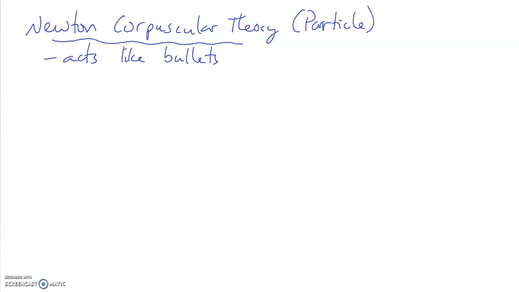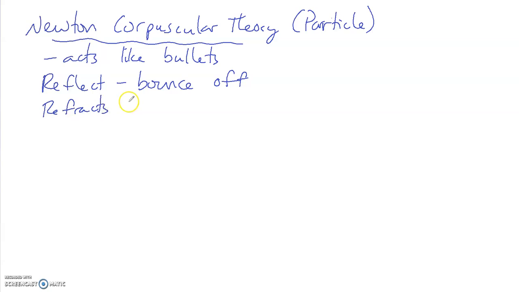Of course, you have to be able to explain how light does some of the things that it does, so let's look at some basic things that light does. For example, light will reflect. He said they just bounce off. That's pretty simple. You shoot bullets at something hard, they're going to ricochet off. Light also refracts. How do you explain refraction? Well, he got part of it right. What he said was that the speed changes. That part he got right. But the problem is he actually had it reversed.